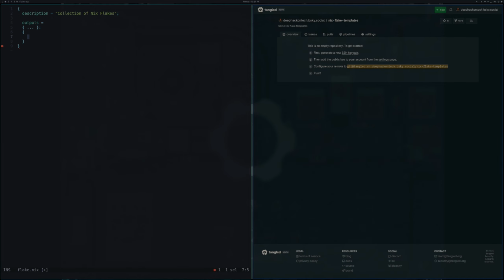And then we're going to define some templates. This is a really, really cool feature of Nix Flakes, in my opinion. I'm going to define a template called tofu. And this template is simply going to point to a local path within this repository. And it's going to be tofu